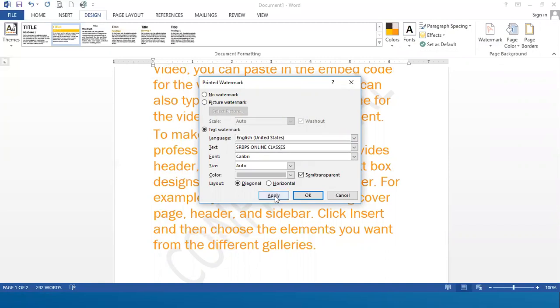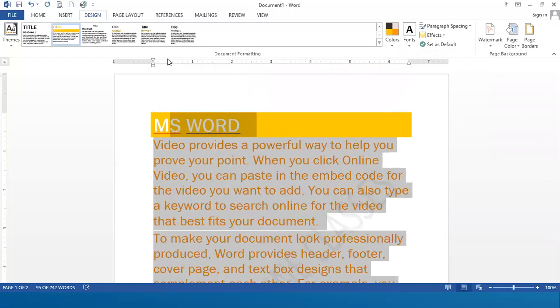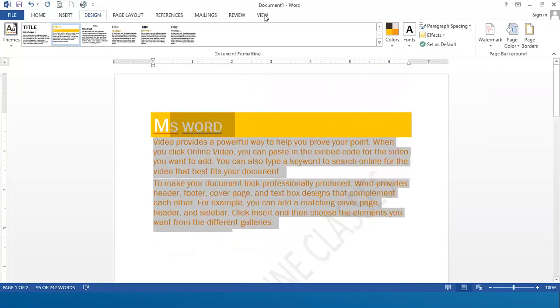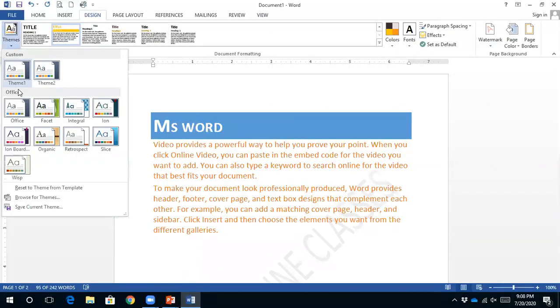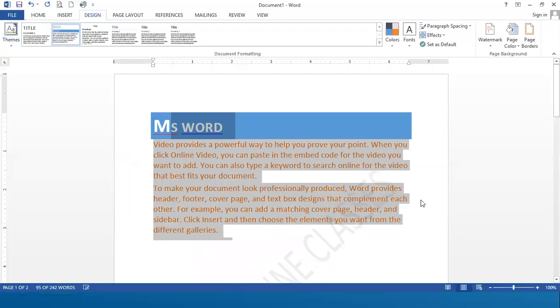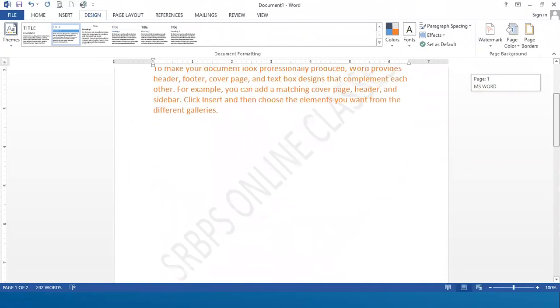Now I have clicked on apply. Now you can see in the background. Let me decrease the font size and change its theme as well. So you can see in the background there is a watermark, SRBPS online classes.